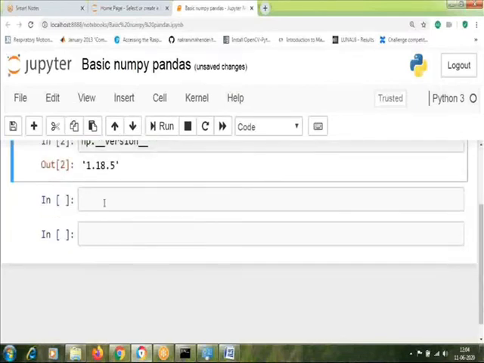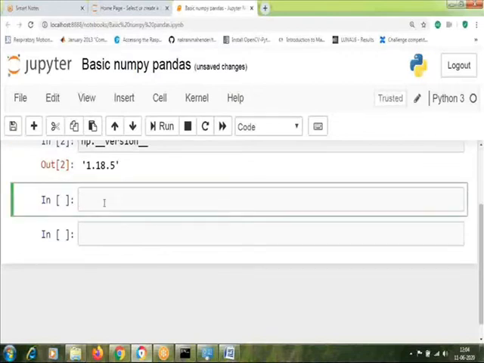For example, let's say we want to create a list of numbers from 0 to 9. In Python, it can be easily done by a simple line of code, let's say L equal to. Here L is a variable name and list.